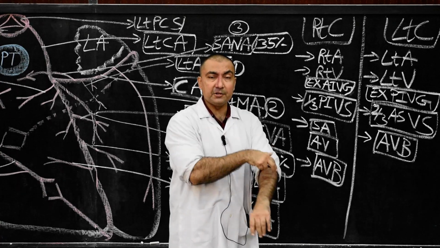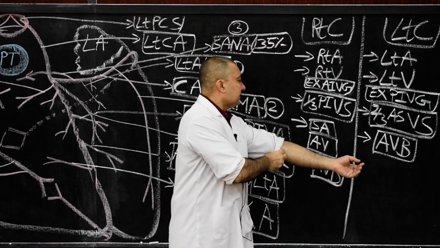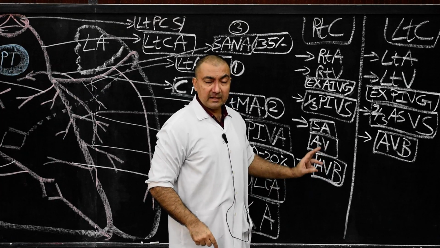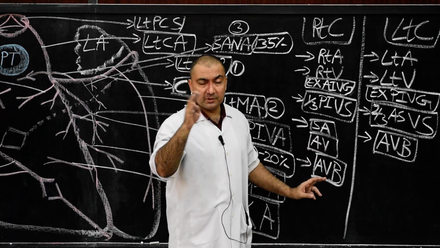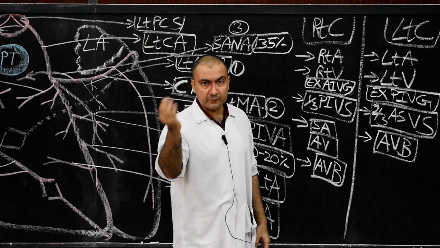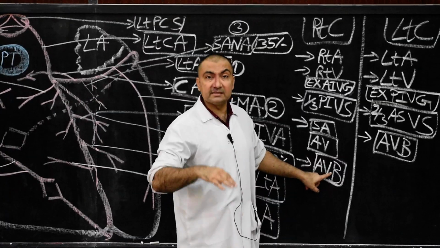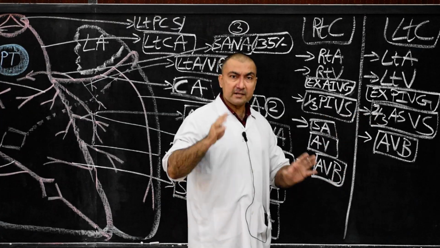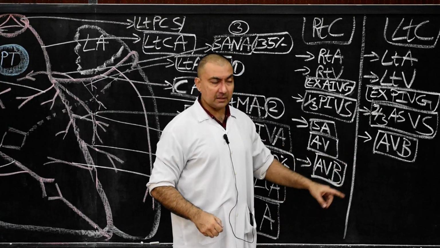That means the AV bundle will be supplied by both the right and left coronary artery. So the AV bundle has a dual supply. Remember, this conducting system is asked in MCQ. That is why we are specifying here. SA node is supplied by the following artery. You will be given 4 options. AV node is supplied by the following artery. What about the AV bundle? One option will be right and left coronary artery both. That is the correct option for the AV bundle.